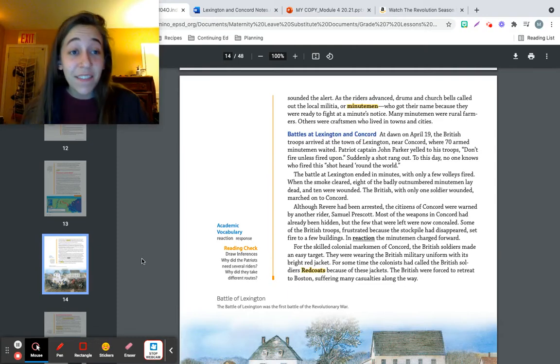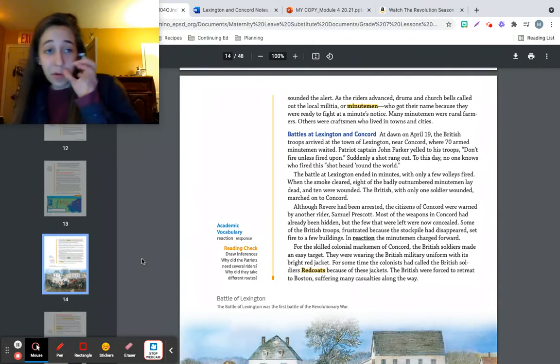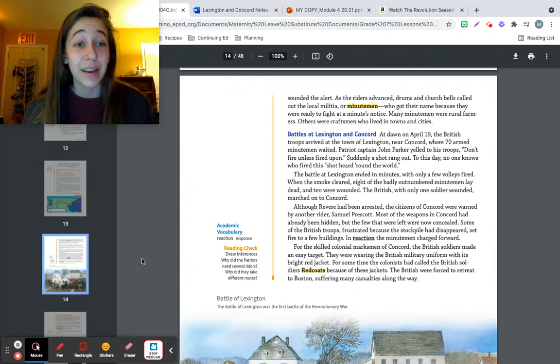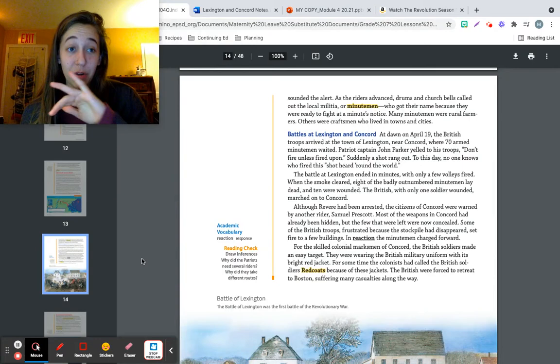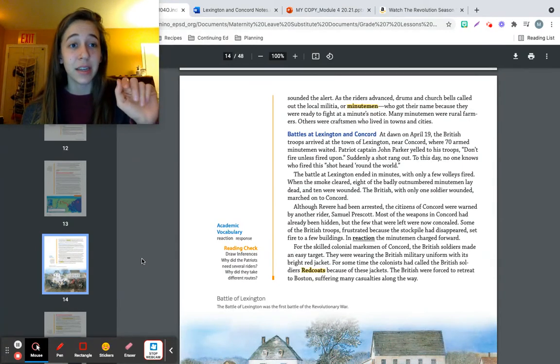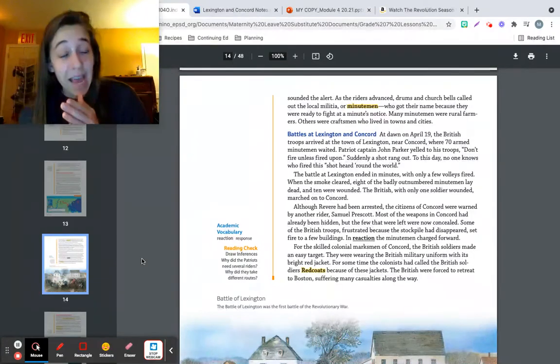Okay, so that video helped us move on to the Battle of Concord. We had just gone over the battle at Lexington, where things didn't look so good for the colonists, but from what we just watched, it seems like we get a little bit of a turnaround by the time they make it all the way to Concord. If you're thinking about that map where Paul Revere rode out to warn the people in Concord, we have Lexington, the first battle where the colonists basically lost within minutes, and then they kept going all